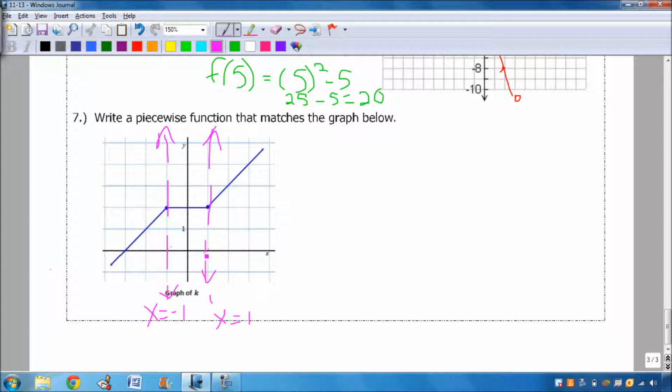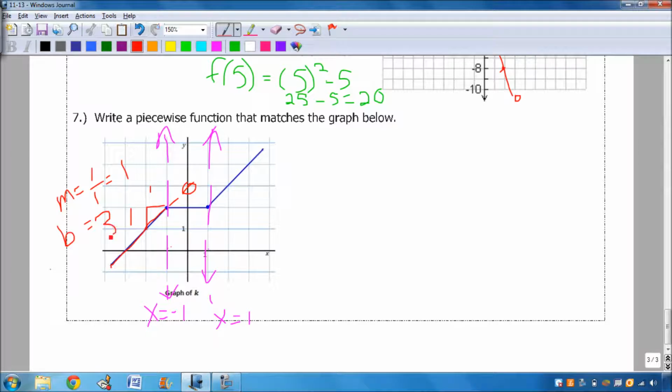All right, so the first function that we have here is this linear function right here. And I know I need 2 things. I need to find the slope and I need to find the y-intercept. Well, to find the slope, I just do rise over run. It went up 1 and over 1. So the slope of this function is simply 1. But the y-intercept, I don't know. So what I'm going to do is extend it a little bit so I can see where my y-intercept is. And here, now you can see that your y-intercept is at